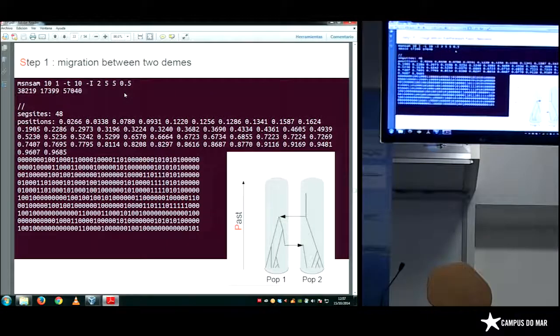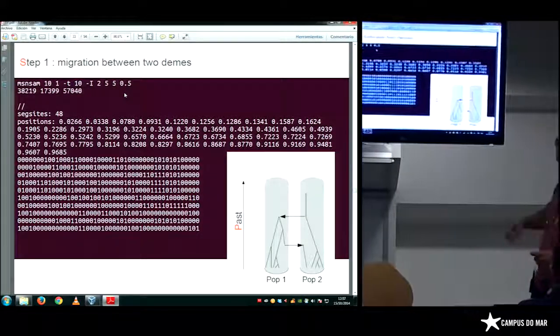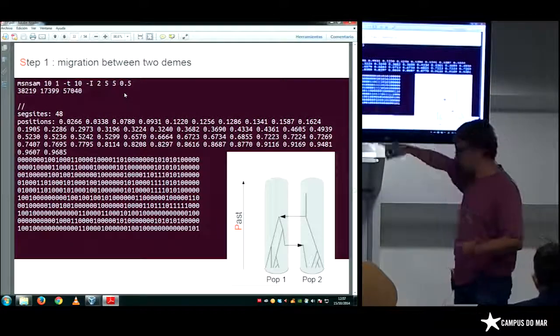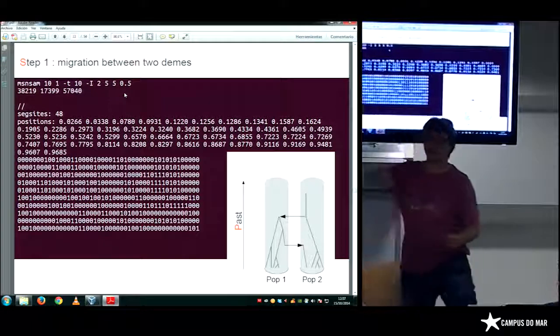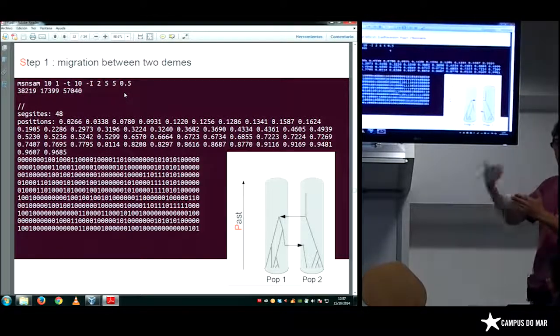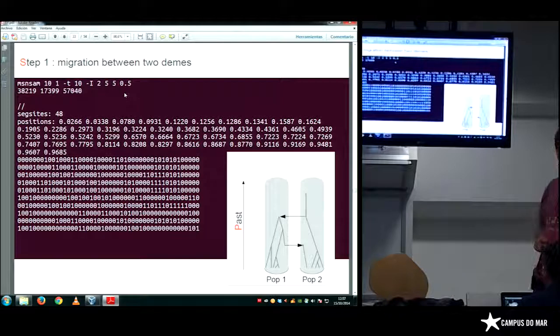So of course you can redo the simulation, and you will always obtain different values, different SNPs, a different number of SNPs. So you can call more than one simulation by putting 2 or 5, for example, here, and you will have 5 simulations. It will be 5 outputs of the model with the exact same parameters.